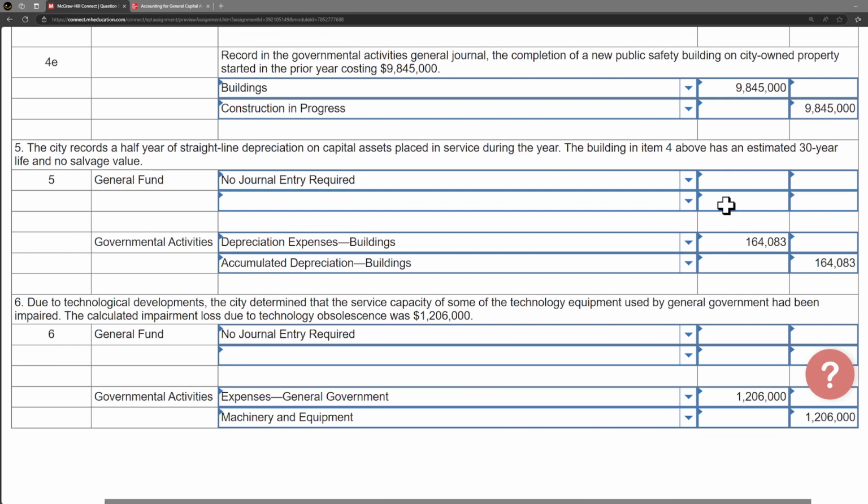The city records a half year, so make sure we focus on that. City records a half year of straight line depreciation. Capital assets placed in service during the year. The building in item 4 above have an estimated